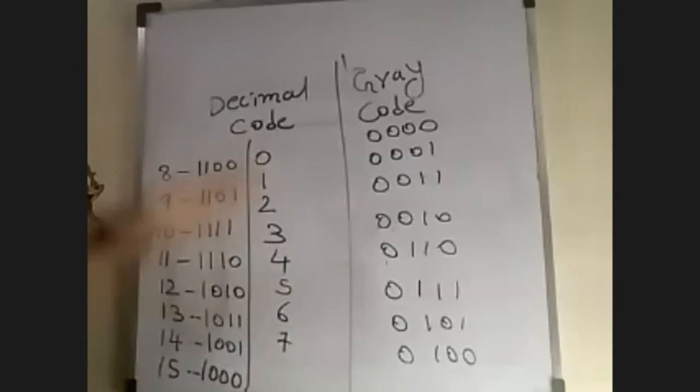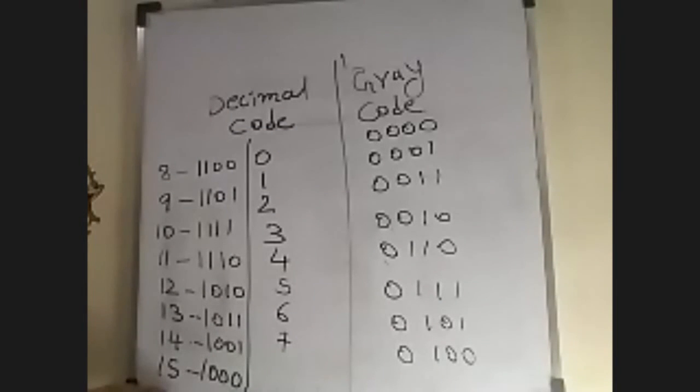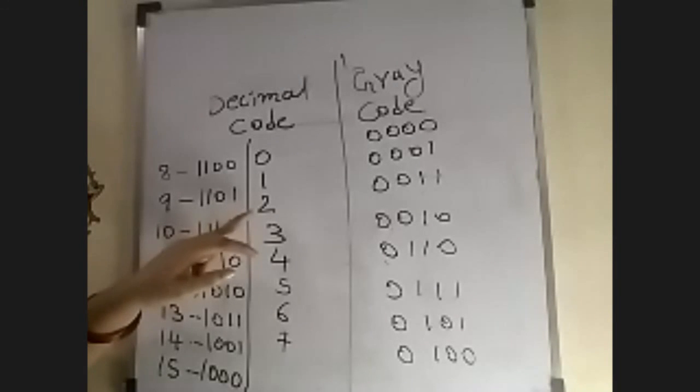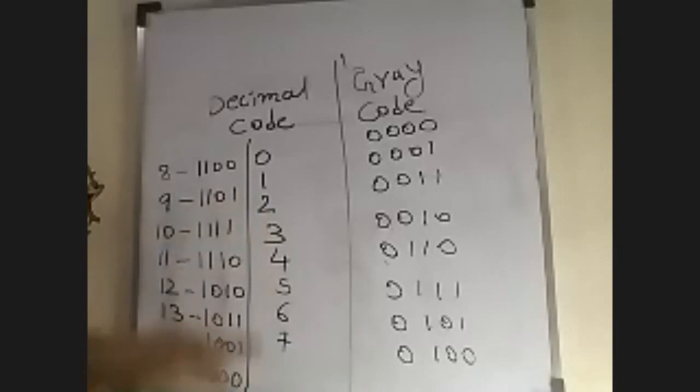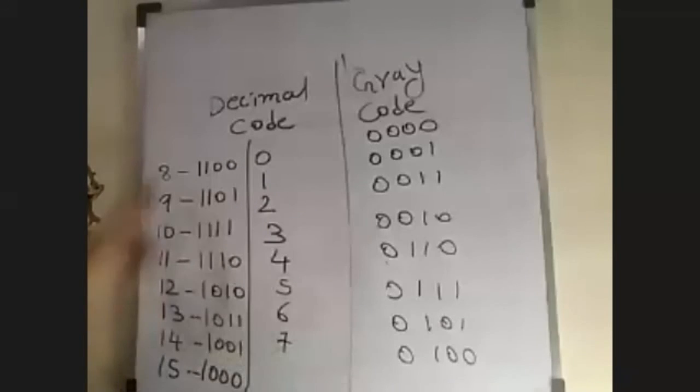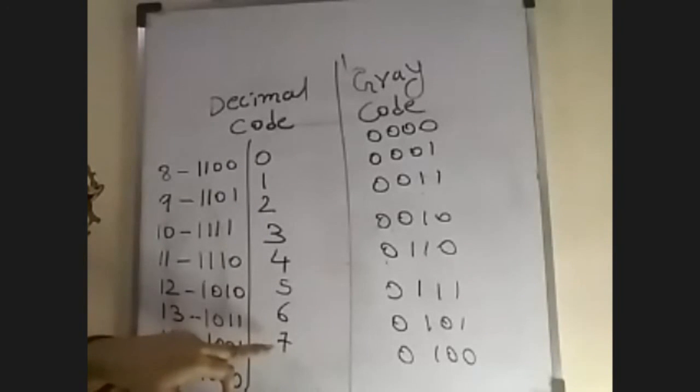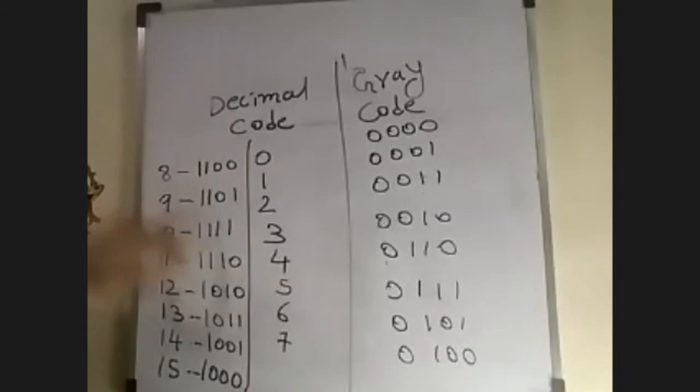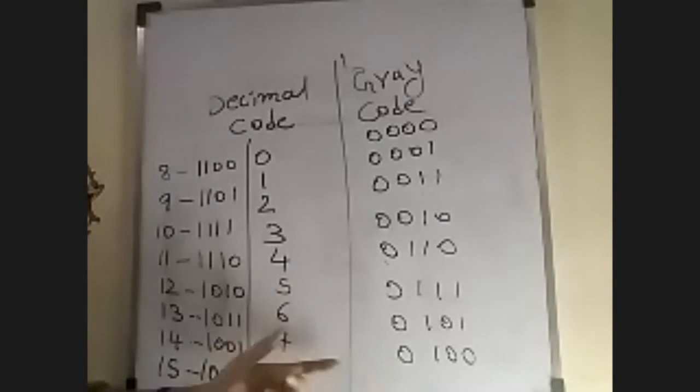So this is what reflective means. From 7 to 0 values we can reflect here as 8 to 15. Instead of 0 value we can place 1 here. That is not the proper way. Why? Because reflective means mirror image. What is a mirror image? You know that mirror image. So here the 0 to 7 values will be reflected again, that is the 8 to 15 values. Here we take the values from bottom to top, and here those values will come from top to bottom. This way we can take the sequences.